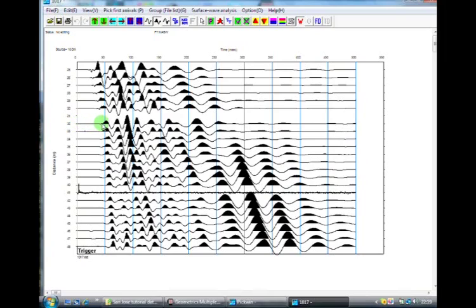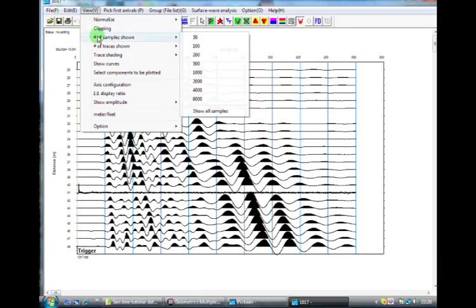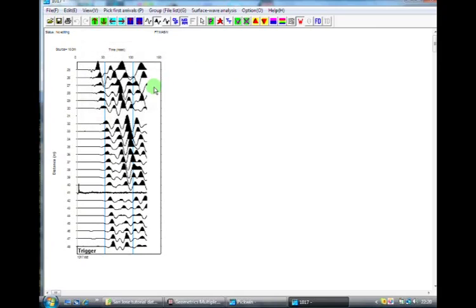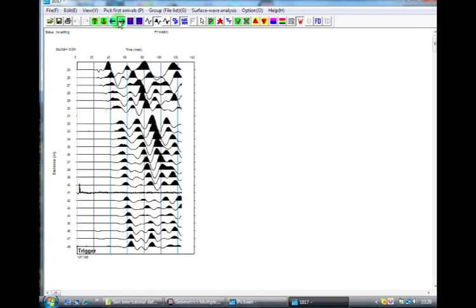Now the scale could probably be increased, so what I'm going to do is delete this portion of the record over here, because for a refraction analysis this is irrelevant to us. So I come up here to view, number of samples shown, and at the moment it says show all samples. What I'm going to do is just display the first 1,000 samples. So the end 3/4 of the record, which was previously here, has now been chopped off. We can see all of our first arrivals, which is fine, so we're going to be able to make an accurate first break pick. And now I can expand them out a little more again,